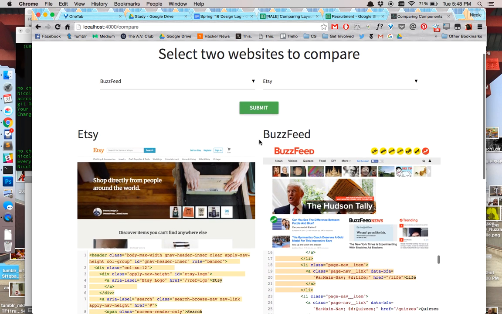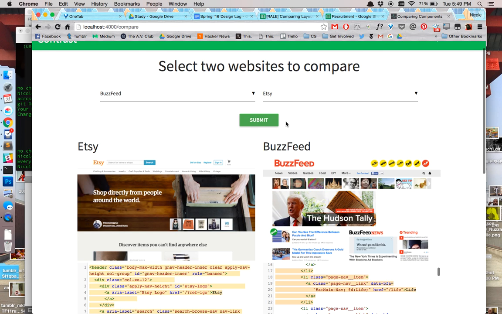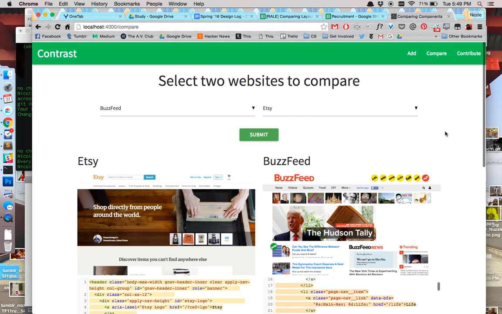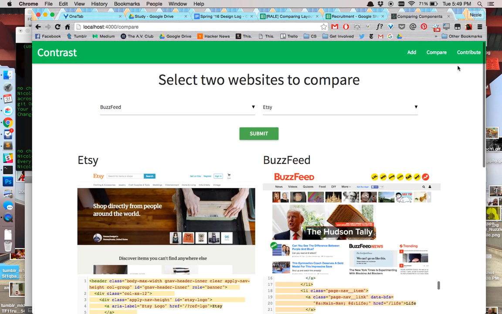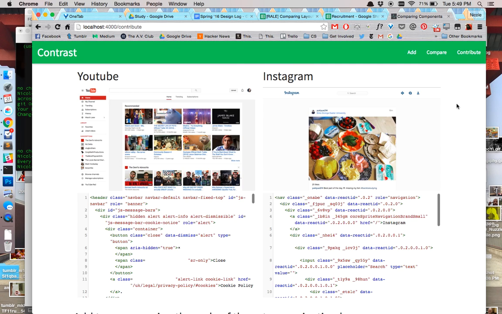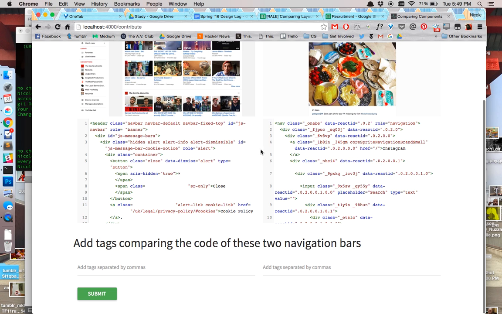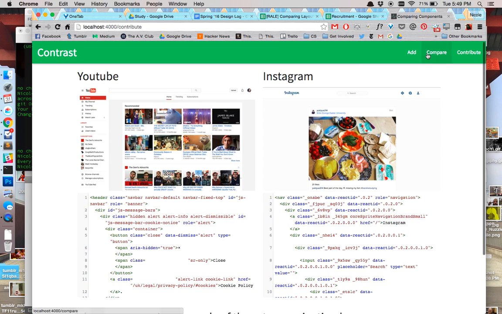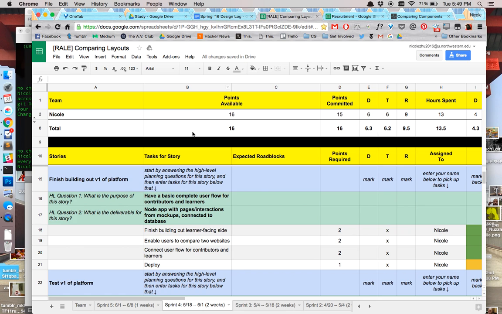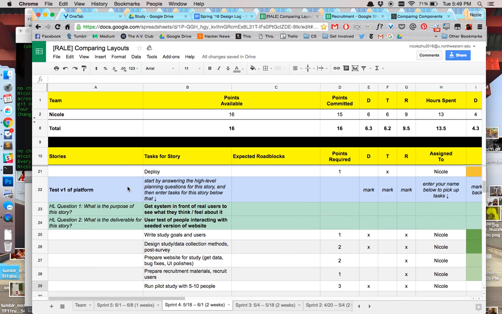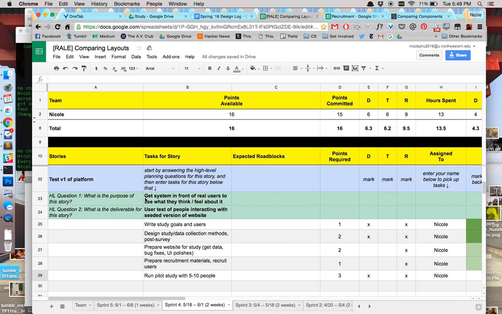And then the second half of the sprint, I also just had other people in our class who were pretty proficient with web development just go through the contributor flow and sort of do those same annotations and flesh out these examples a little bit more with some real data so that we can use that for the eventual user study. And the other part of this sprint was also starting to think about how I can test this platform,